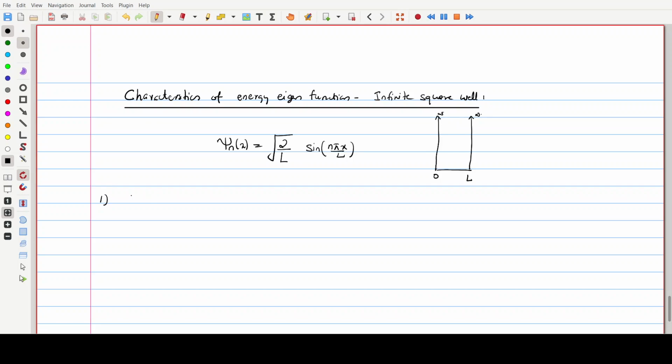the wave functions are alternately odd and even functions. So what is meant by that? If you look at psi 1 of x, if you put n equal to 1, you get psi 1 of x is equal to square root of 2 by L sine pi x by L. So we can just plot this. If we plot this graph,